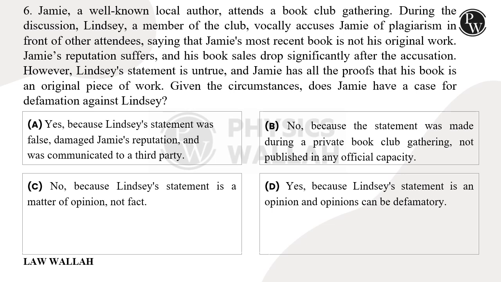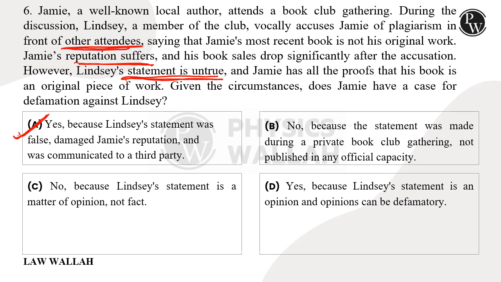We have already studied in the passage before that in order to prove a defamation, the statement that has been said should be untrue. So यहाँ पे स्पेसिफिकली बोल दिया कि जो स्टेटमेंट है वो अनट्रू है एंड उससे डैमेजेस भी हुए हैं, रेपुटेशन को सफर हुआ है, जो कि मेन कैरेक्टरिस्टिक है फॉर अ स्टेटमेंट टू बी डेफोमेटरी. Now let's see the options. Yes, because Lindsay's statement was false, damaged Jamie's reputation and was communicated to the third party. This is the correct option because it fulfills all the essentials of the statement to be defamatory, क्योंकि अदर attendees